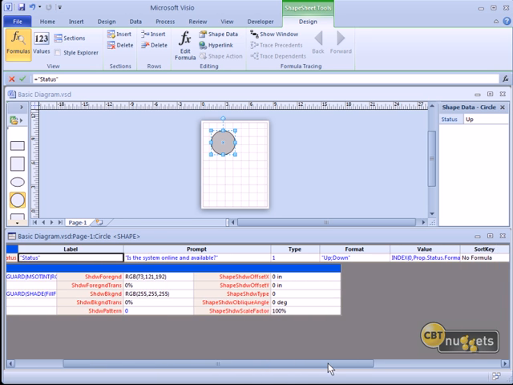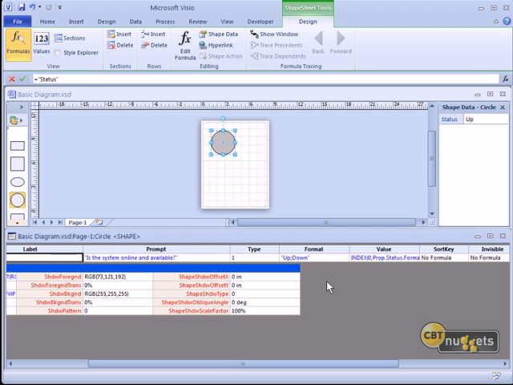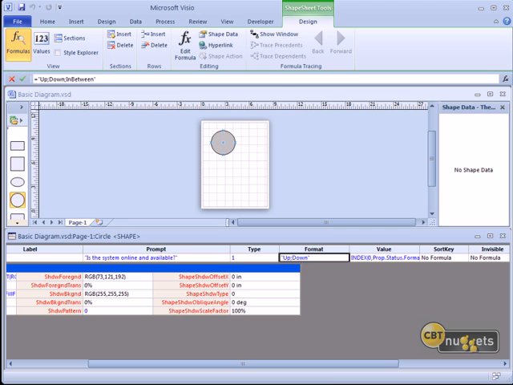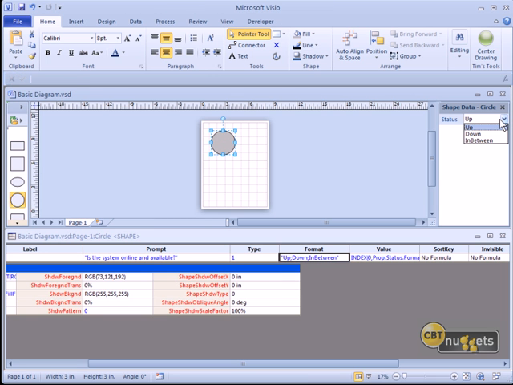What I want to show you here is that the shape sheet directly controls what's happening on the Visio drawing. So if we wanted to, we could come in here and add a third option in between, let's say, save our changes. We'll add a third option in between, and I'll save my change. This is important by clicking the accept button here. We can now see that that change has been placed in our shape data window immediately. You see what I mean?